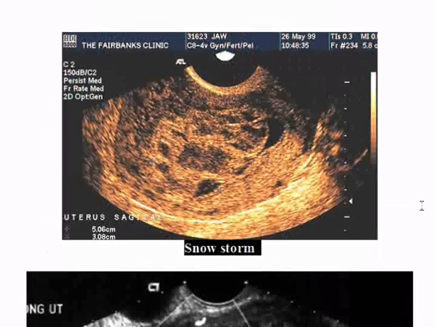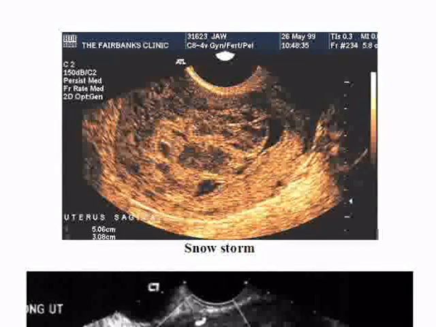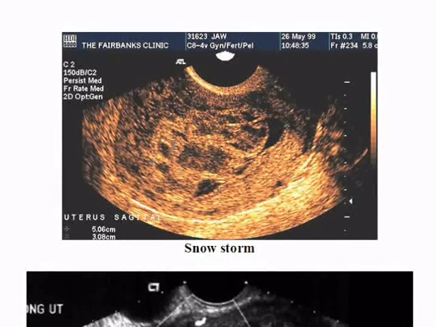You see again here the color one. This finding is a hydatidiform mole. We cannot see any fetus over here. So ultrasound can give a very impressive and good diagnosis of the hydatidiform mole.